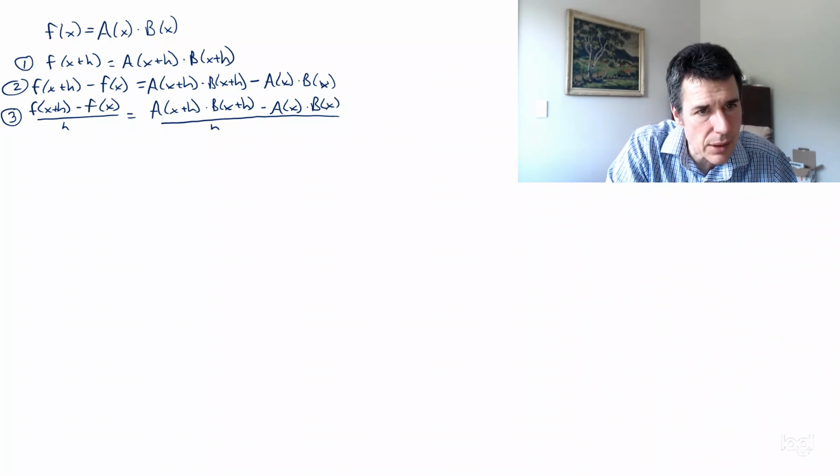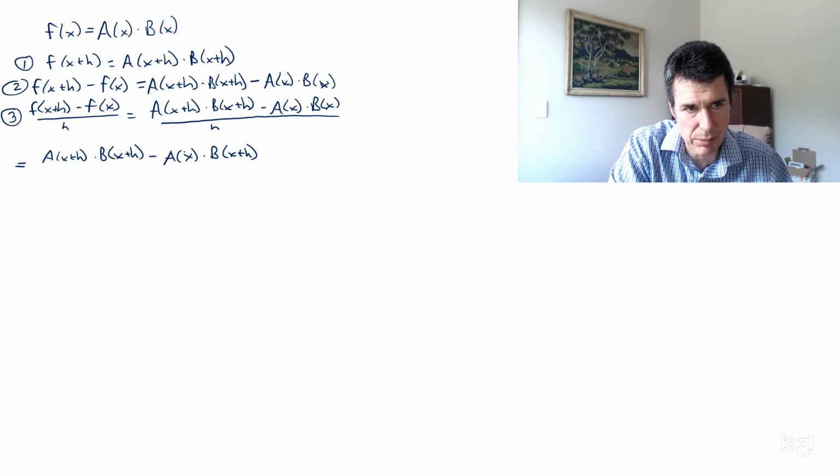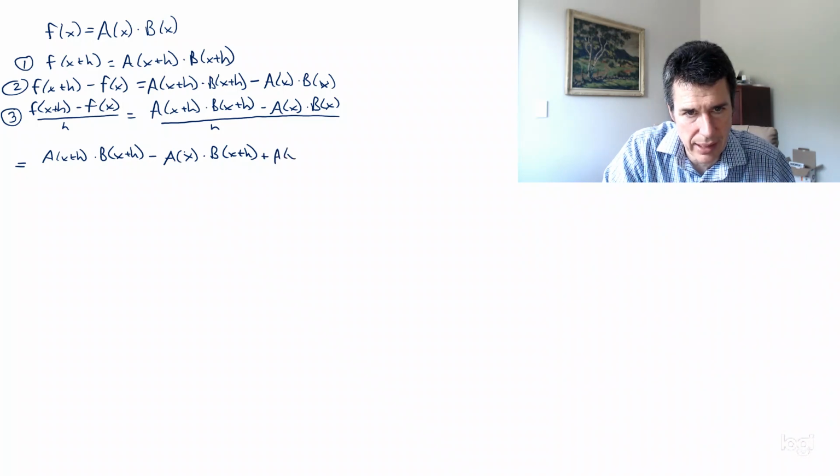So let's rewrite this. It equals a of x plus h times b of x plus h. Now, if I wanted a derivative of a to appear, I would need a term that looks like this, a of x times b of x plus h, right? Because I could factor out the b of x plus h, and then I've got a of x plus h minus a of x, all divided by h. If I subtract off this term, I'd better add it back: a of x times b of x plus h minus a of x times b of x, and this whole quantity